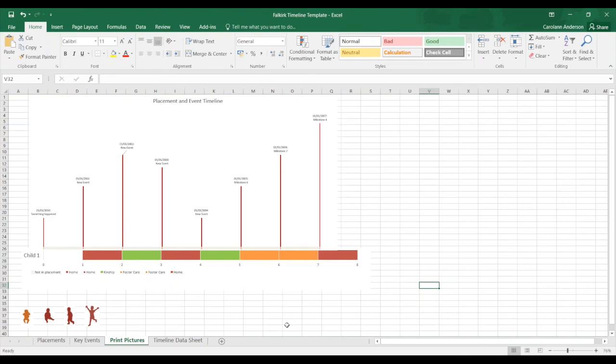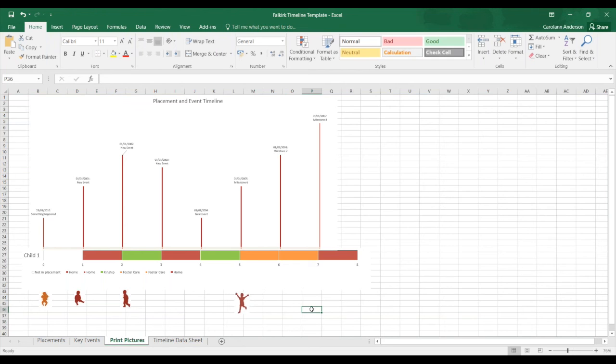I mentioned earlier in the presentation that we had child shadows, which may be of use. As you can see here, I've got 4 at the bottom that may be of use. So this one here, I think, is very representative of a young baby. So I'm just going to place this round about the point that the child was born. This one here is representative of the very early toddler years, pre-toddler years. This one maybe now round about, oh sorry, I'll just adjust that. So maybe that's getting to about the year mark. This one, child's up walking about, so round about 2-ish, and this child maybe preschool.